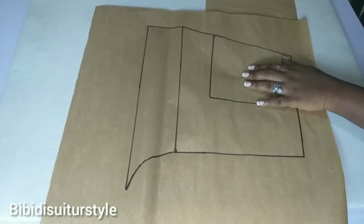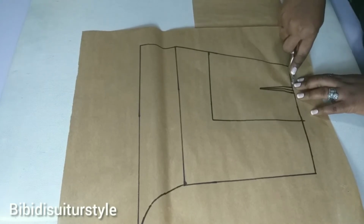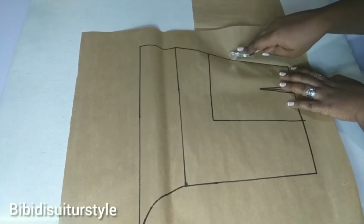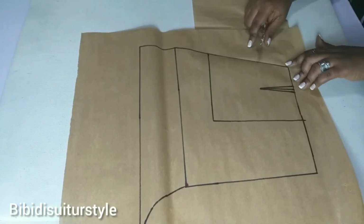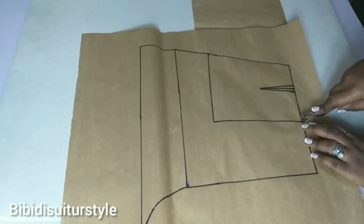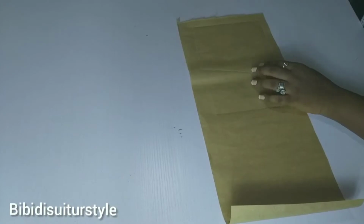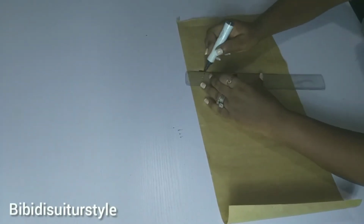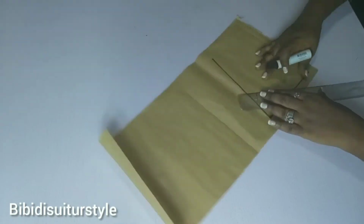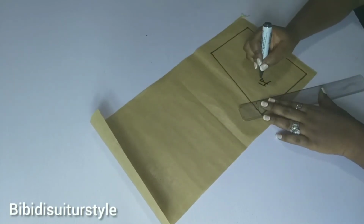So now I'll trace this out. So I'll go ahead and trace this on another piece of paper, tracing it round, just the place we have marked. And then that's it. In order to make this more visible, guys, I have to connect this with my marker and make it clearer so you all can see this. So perfect. Then I labeled it my facing,